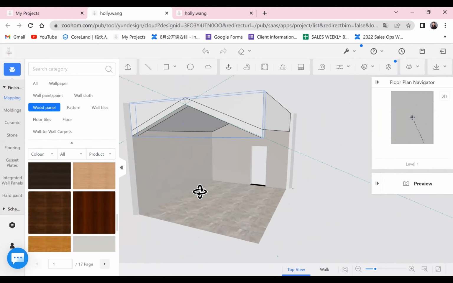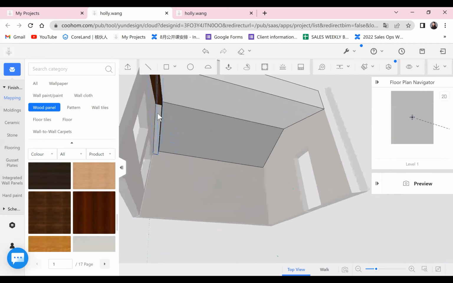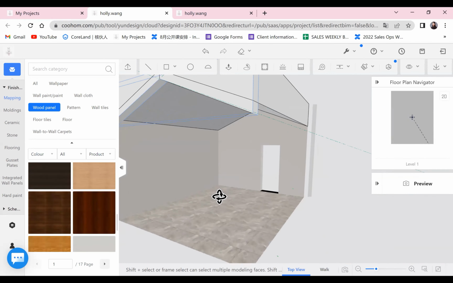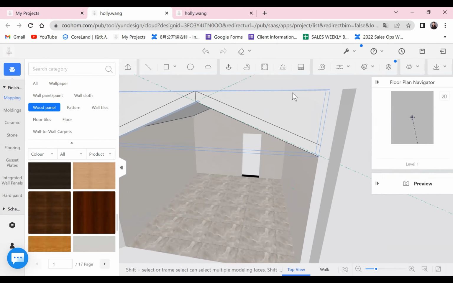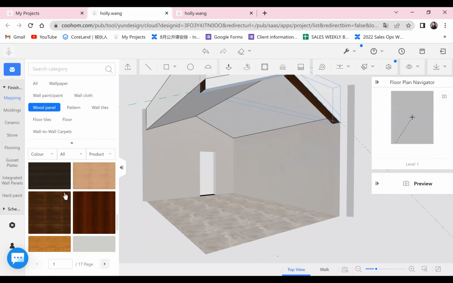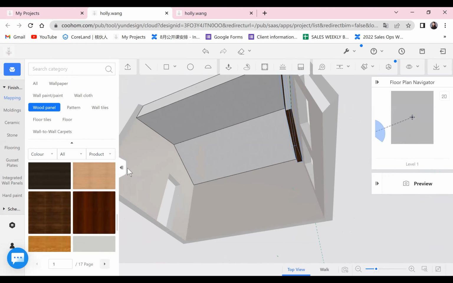You see, it's still white. I missed a lot of them. So let's select one more time. Because if it's in the middle, it's easier for you to select. At the very back of the wall, it's difficult. And sometimes you may miss, right? So I will group them one more time. I think now it's fine. Still one missing.